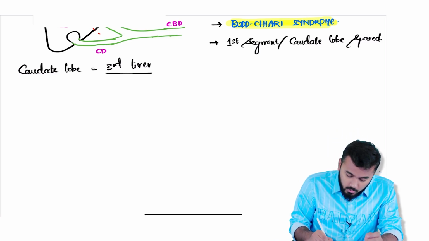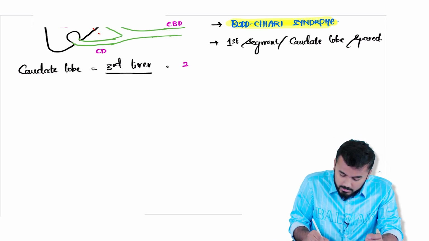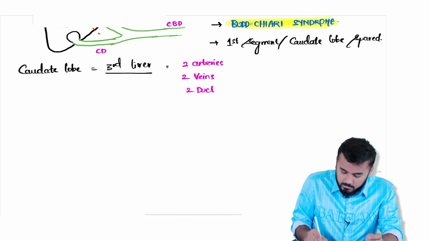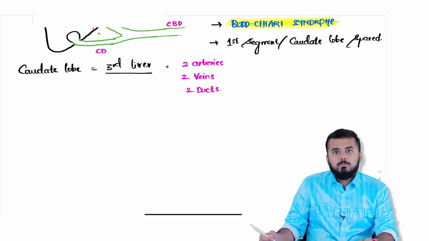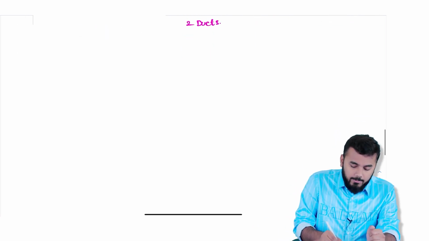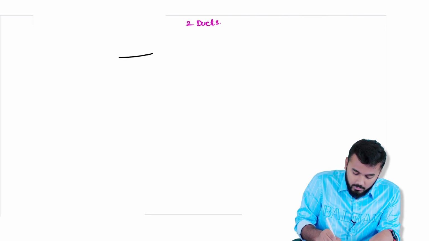Okay, so caudate lobe has got 2 arteries, 2 veins, and 2 ducts. Second important thing, let us enter into the ligament part. Now coming to the ligament part, if you look,